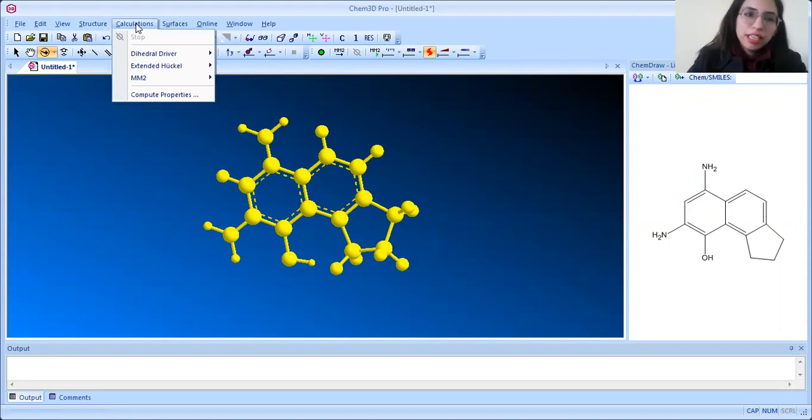Here you can see there are 4 highlighted options and one unhighlighted. The unhighlighted one I will explain when it becomes active, because right now it is inactive. Only 4 options are active. We can use all 4 options for calculating different properties of the compound. So I'll start with Compute Properties.